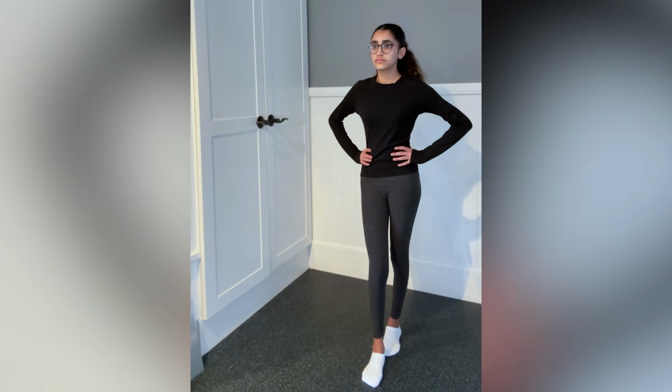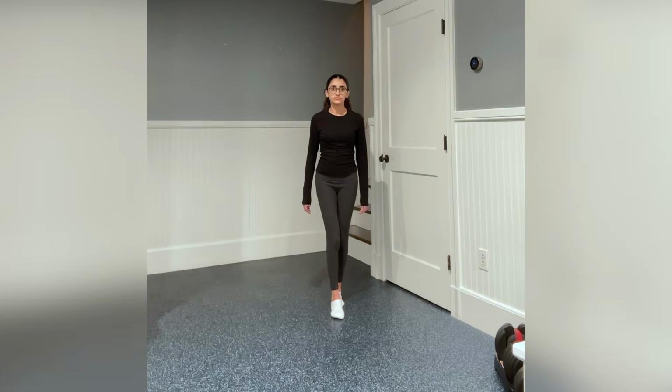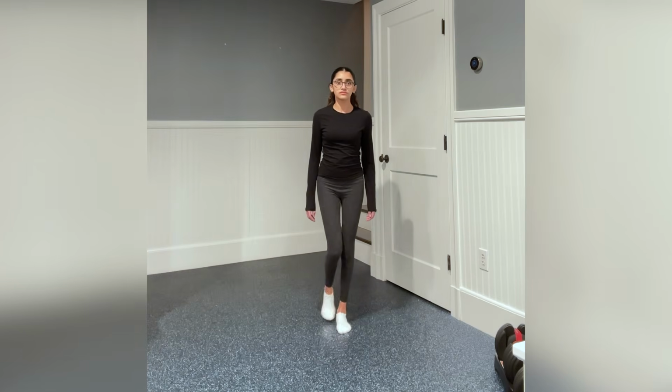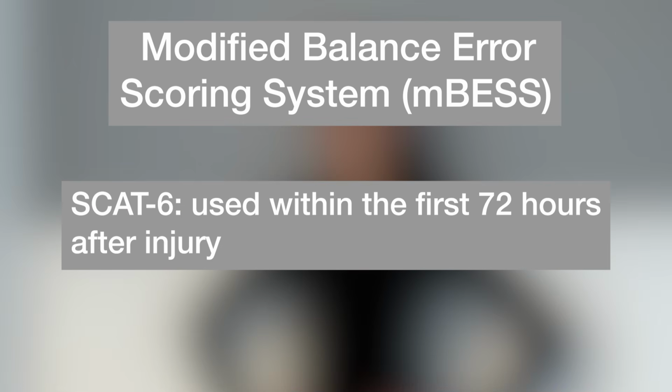Balance and gait abnormalities after concussion reflect impaired postural control and are assessed through postural stability, coordination, and ambulation. The Modified Balance Error Scoring System, or MBESS, quantifies balance performance and is included in the SCAT-6, the Sports Concussion